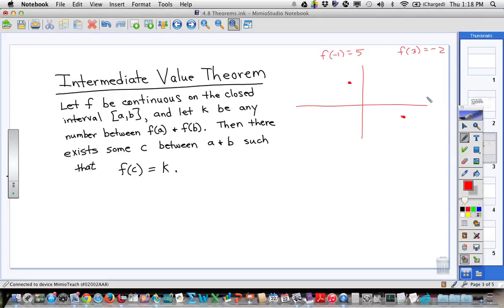All right. So let's make sense of this. Here's what it's saying, and we actually talked about this the other day. We were doing Newton's method. Remember when we were doing Newton's method, we're looking for a root? We want to know where the function is 0, and we said, let's just plug some numbers in and see if we get lucky. So we plug in a -1 and we get out a 5. And we plug in a 3 and we get out a -2. What do we know? Every point between those two